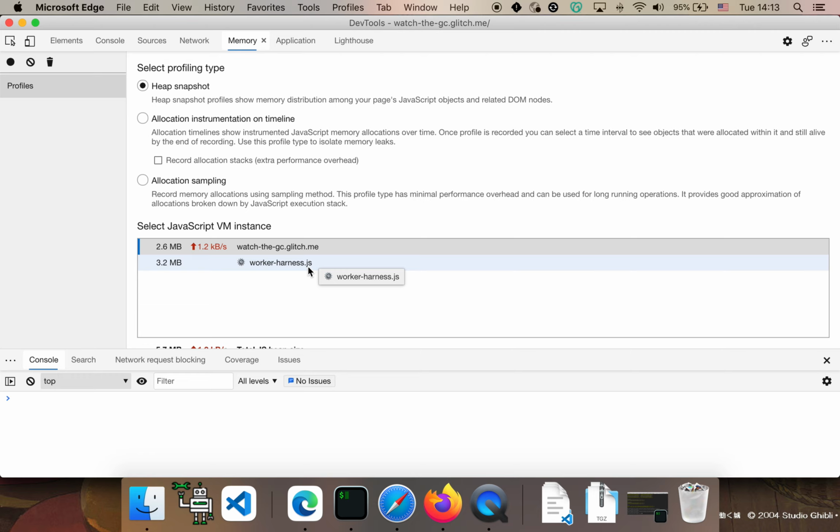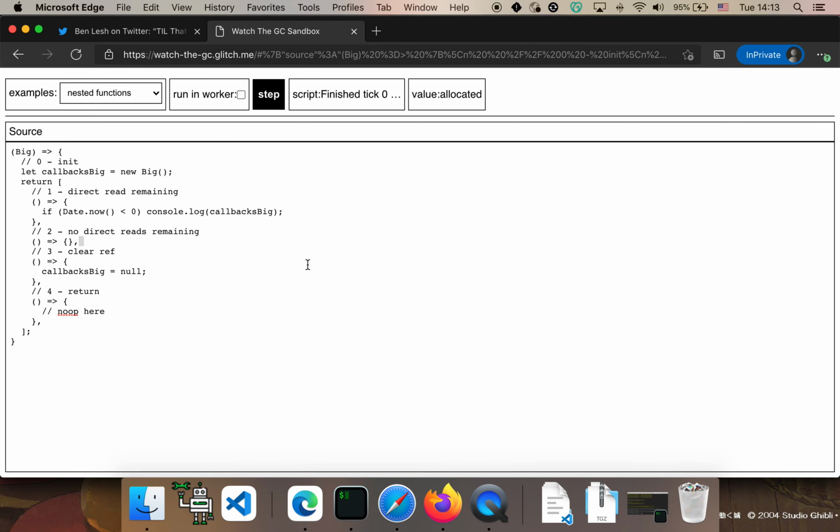For Chrome, they actually separate the different VMs and what they're doing. So you can see 2 here. One is kind of our test harness, our runner, and then the other is the worker. The worker is basically the thing that's actually going to run that function. If we go back to the page, you can see if we want to run that worker inside of a web worker, which means on a separate thread, we're not going to do that because